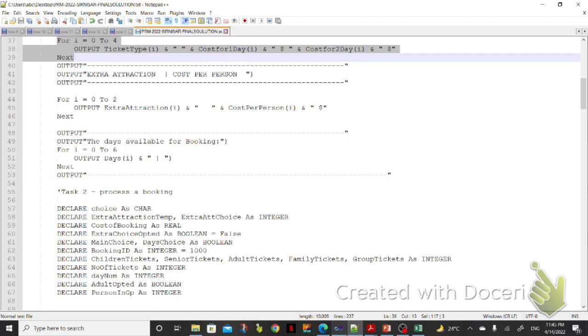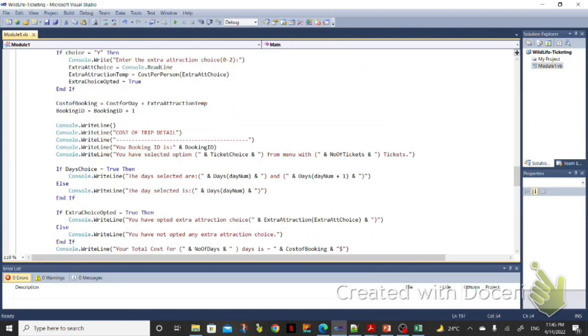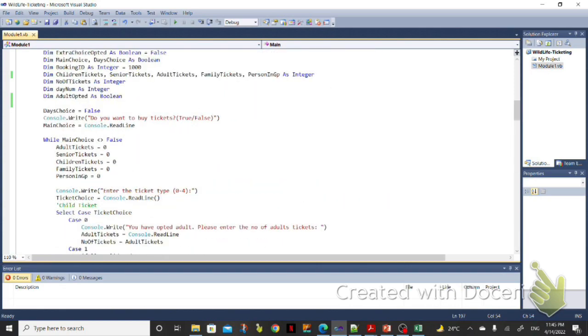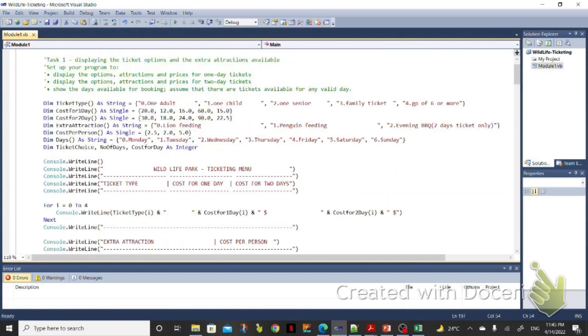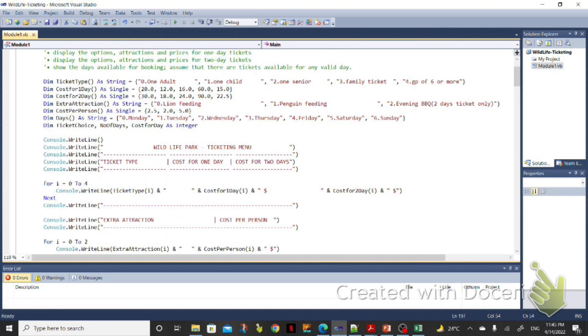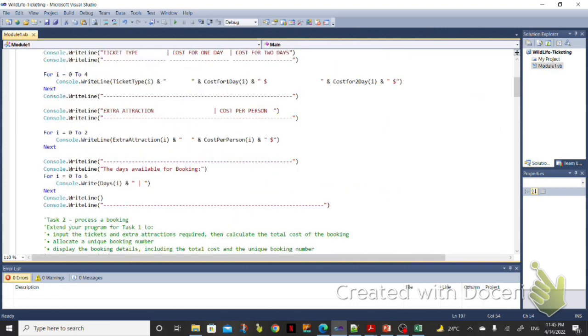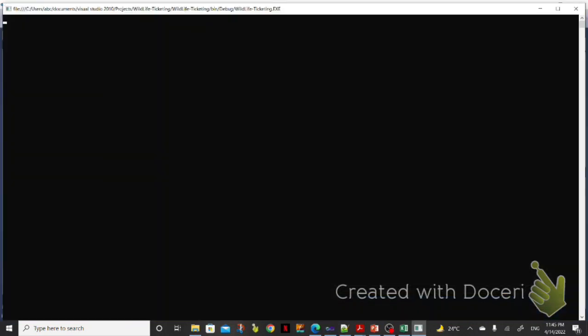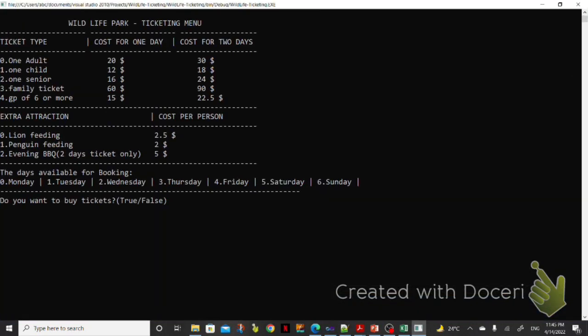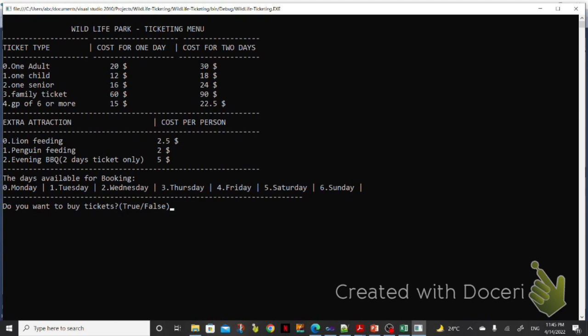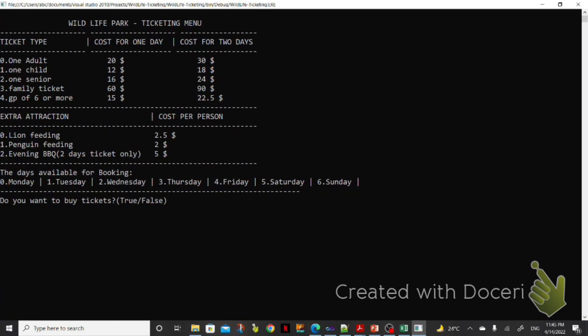And I've used loops, and I've also used outputs to align the data and show it in a more appropriate way. So if you see the same task 1 in VB.NET, it is the declaration of the data structures and the menus, and you can see how it will look when it is executed. So this is task 1, and this is the required menu,